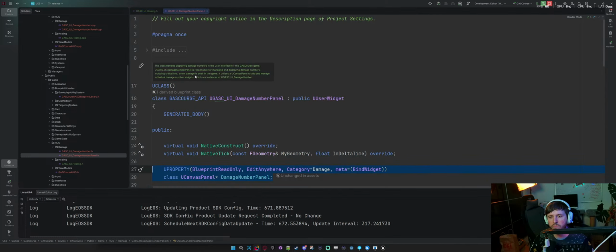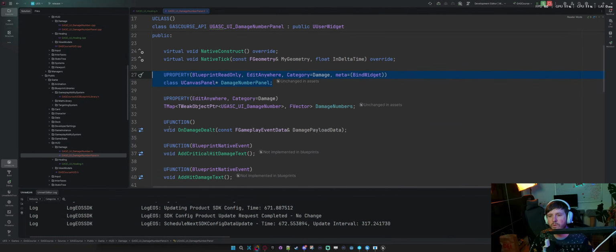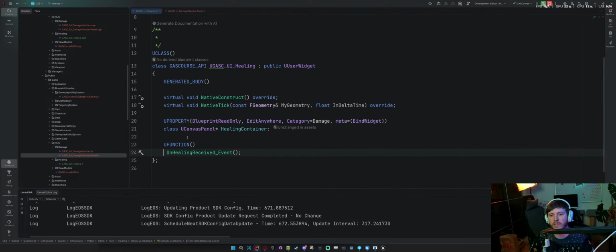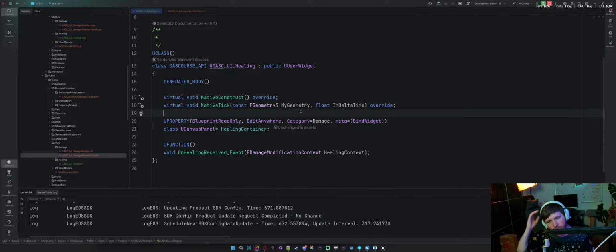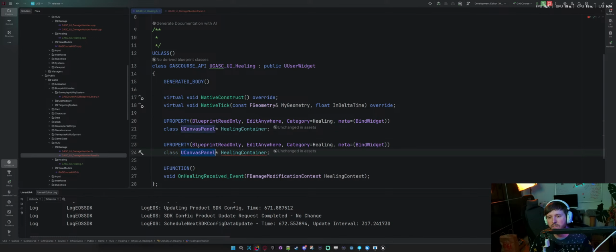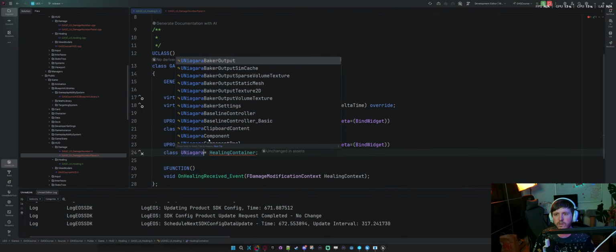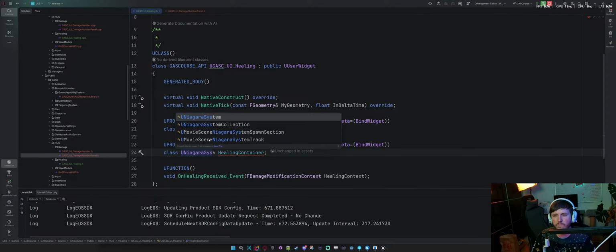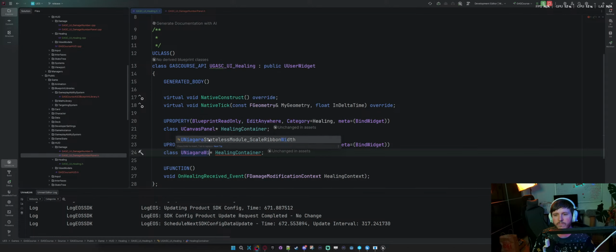Because on the damage number panel, we're doing void on damage dealt and getting the payload data there. So it's probably more in line of void, and then context or something. And then the next thing, so, healing. Then we're going to do this. Copy and paste. But now it's going to be Niagara system, or is it widget?